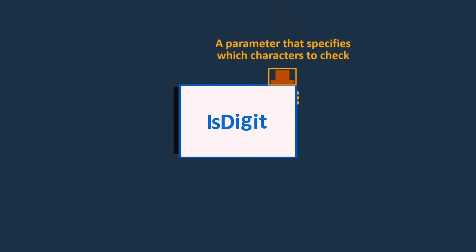Let's start by exploring the isdigit method. The purpose of the isdigit method is to determine whether a given character represents a decimal digit within the range of 0 to 9 in all Unicode numbers. When using this method, it returns a Boolean value indicating whether the character is indeed a digit or not. If the character is recognized as a digit, the method returns true, otherwise it returns false.